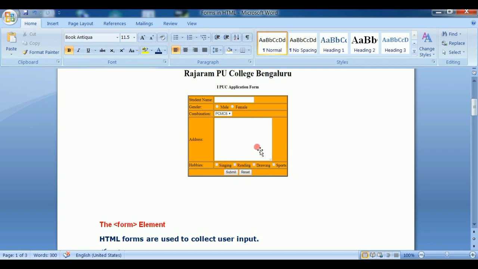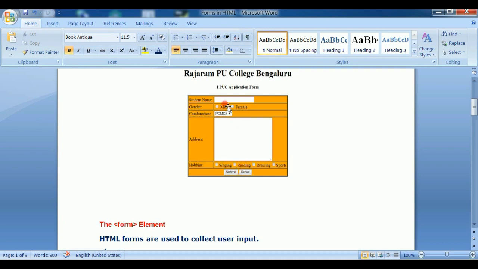Whereas in the gender, that is the radio button, a user has an option to select only one option, whether it's male or female. Nowadays forms are coming up with a transgender option too, but they are not so popular till now. And finally, what we will be calling the submit and reset buttons.